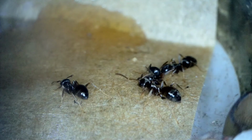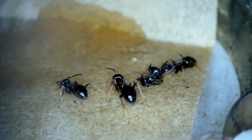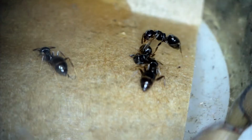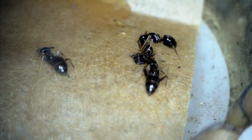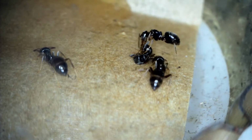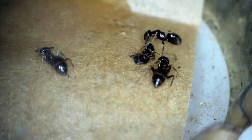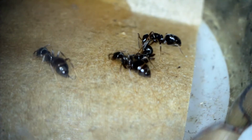Now, as you can see, she's getting really, really dry at this point. But because this is out in the outworld on the maple syrup, it's a long way from the nest, so it's always ones and twos. So eventually this one here decides that she might be free enough and has a little go at moving her gaster a little bit and thinking, oh, actually, well, they don't think, but